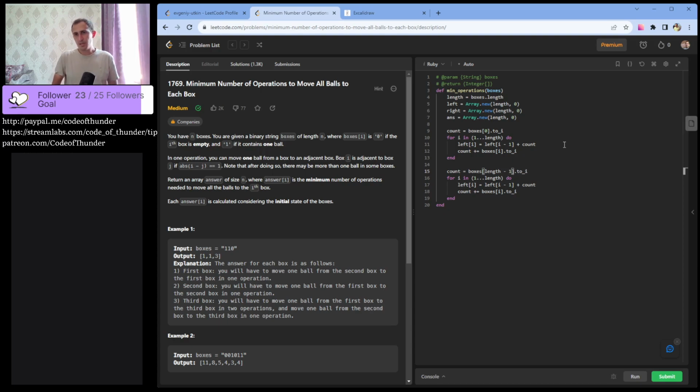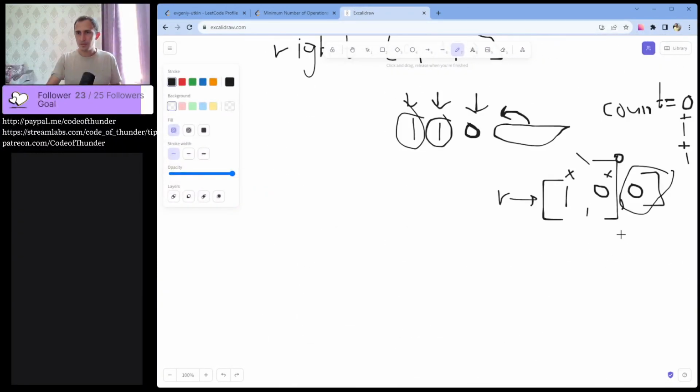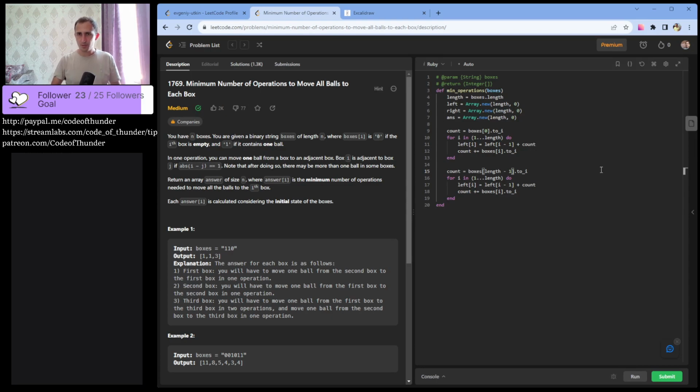But not from the last element, because it is always 0, from the next one, so at length -2 probably, we will see. And here we want to go from